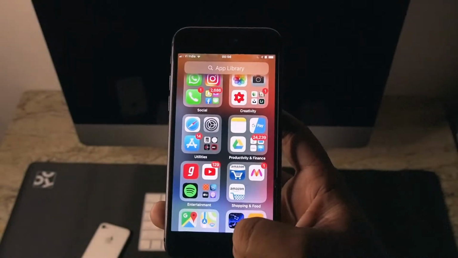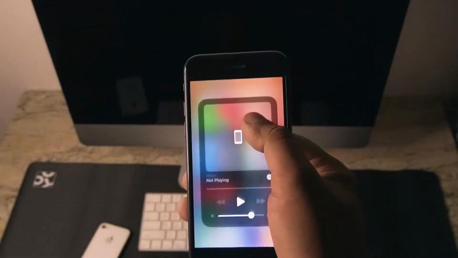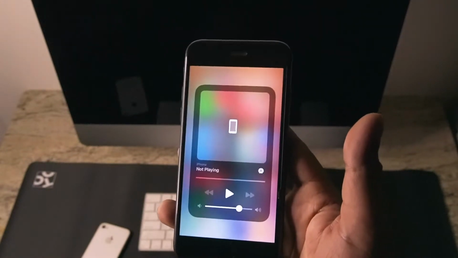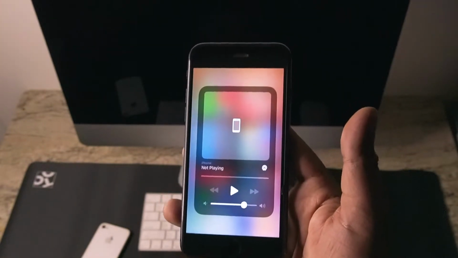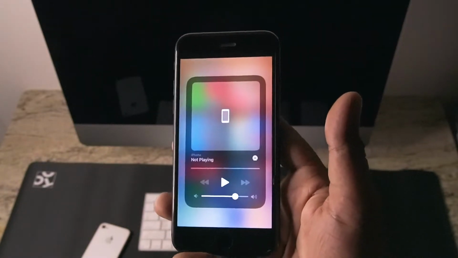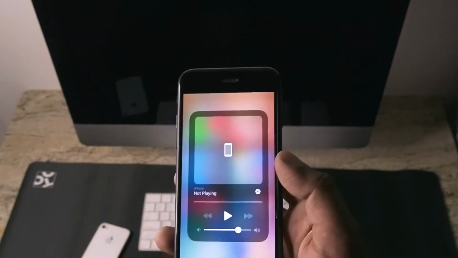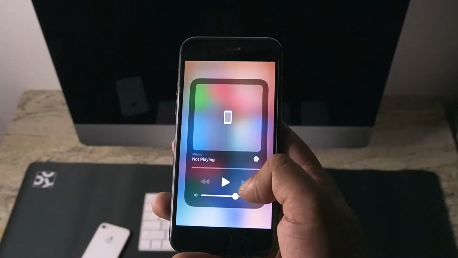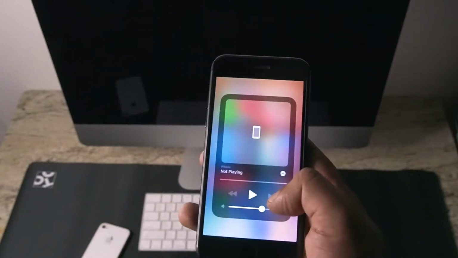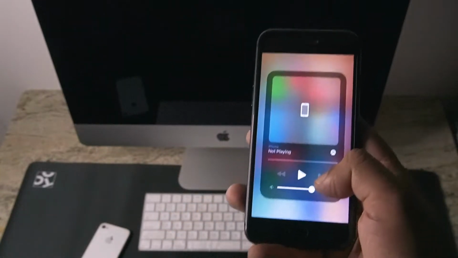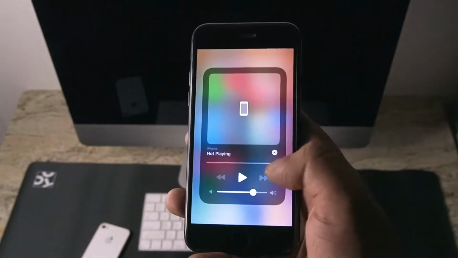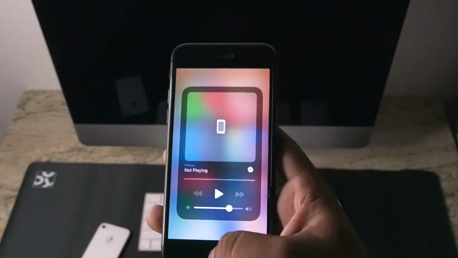After this are the AirPlay controls here. This has been updated again. In this you can actually connect multiple Apple devices available with you seamlessly, and they will appear here in this box. So may it be the AirPods or the HomePod or the iPad, they will appear here. This has been made easy, giving control for every device here itself in one place.